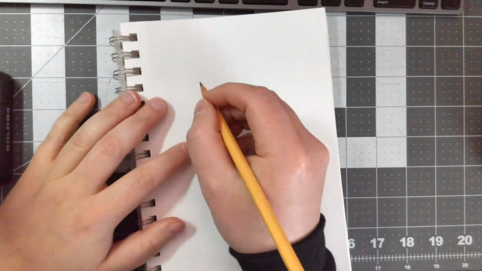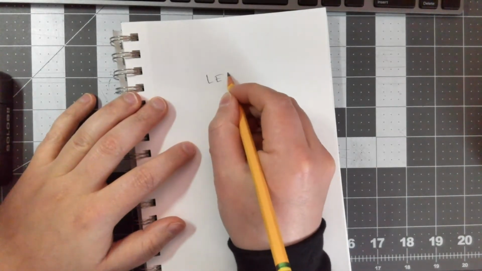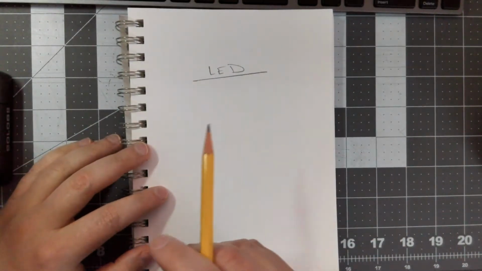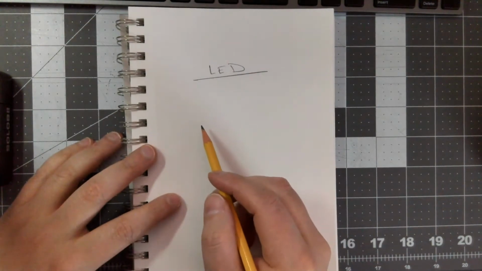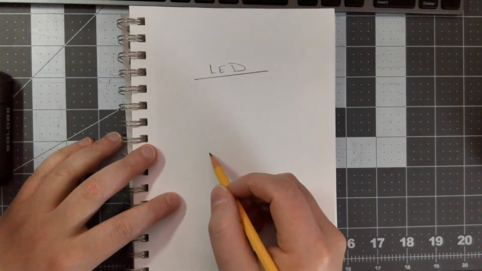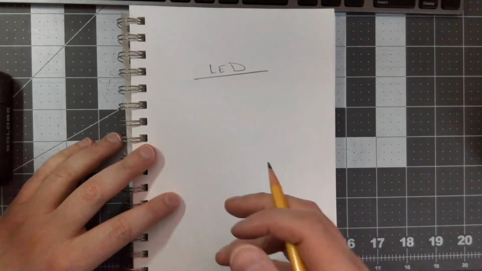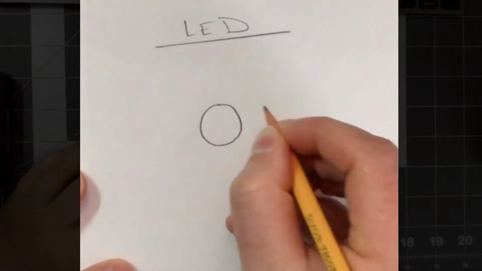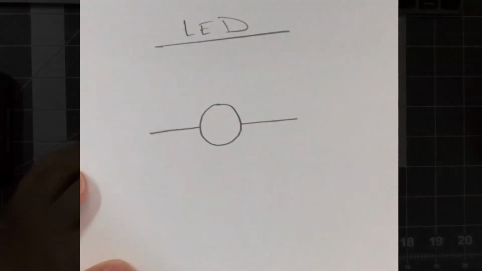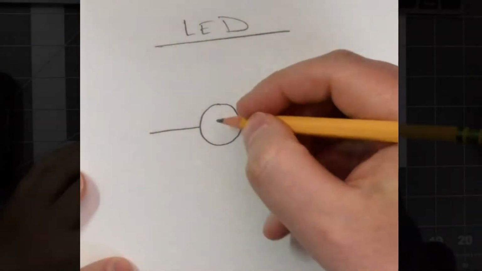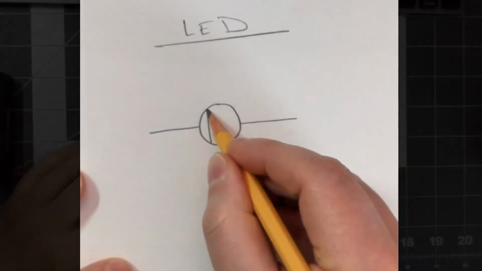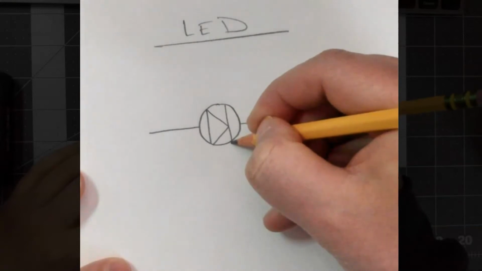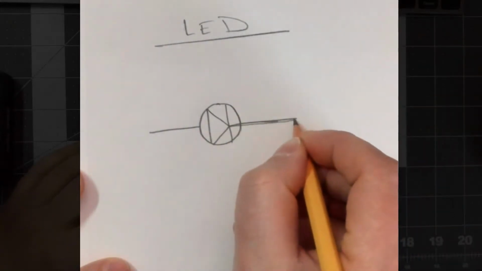So at this point in our course, we know what an LED is. Okay, so what does LED stand for? You probably said it out loud or in your head. And the way you draw an LED is very similar to a lamp, except the symbols change inside of the little circle. So you start off with a circle and two lines on the outside, and then on the inside you draw a triangle that is on its side with a line going through it like that,